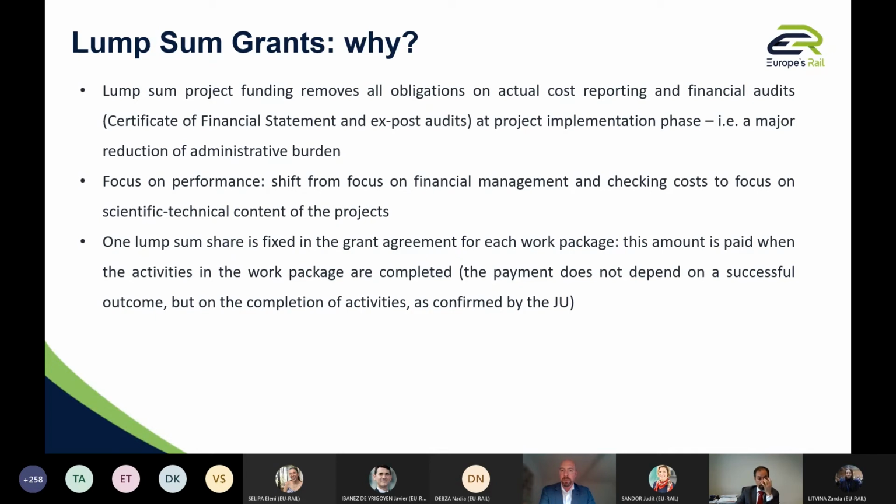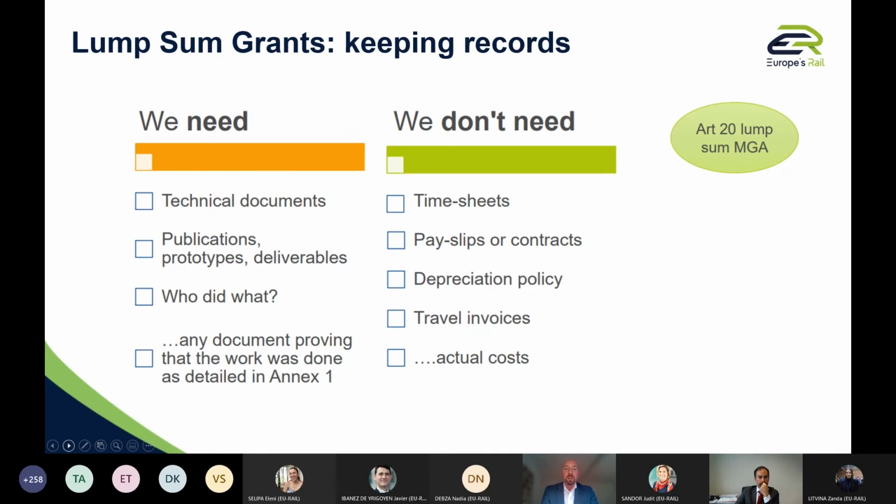So we have reporting periods. For each reporting period, there is a definition of the number of work packages that have been completed, and automatically, without financial reporting, the amount will be integrated in the payment process, subject to the validation by the GU of the technical content, and therefore with the team of Giorgio. Next slide, please.